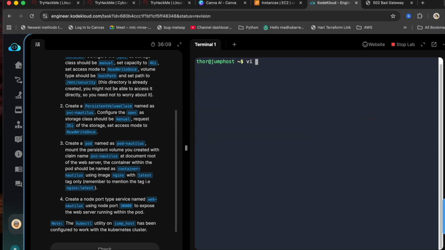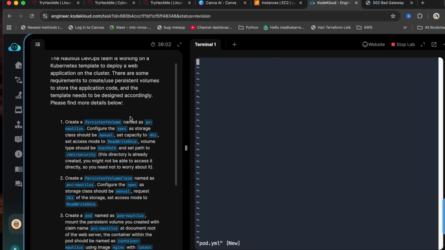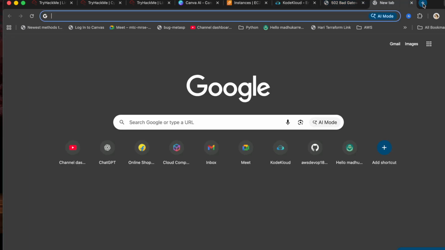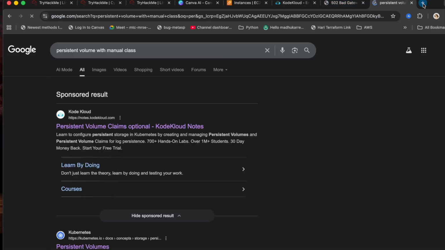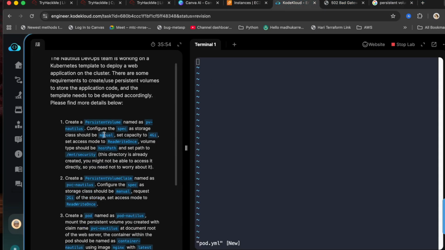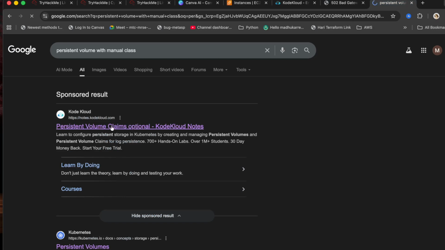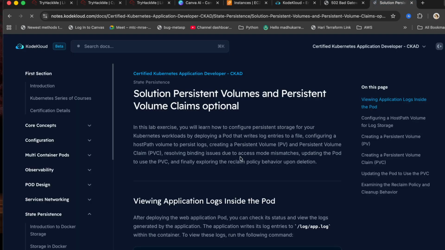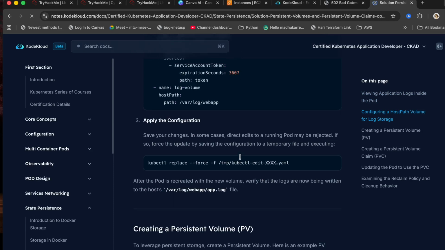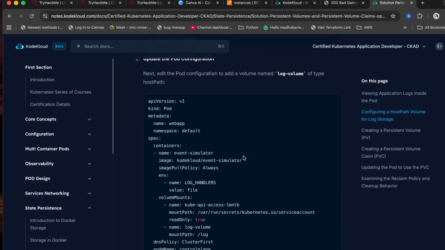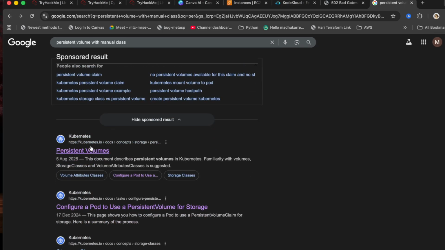Create a file, pod.yaml, and then we need to create a persistence volume, and look for persistence volumes with manual class, because we are going to manually create this persistence volume. So look for it. Maybe we can check the official docs actually. This one,